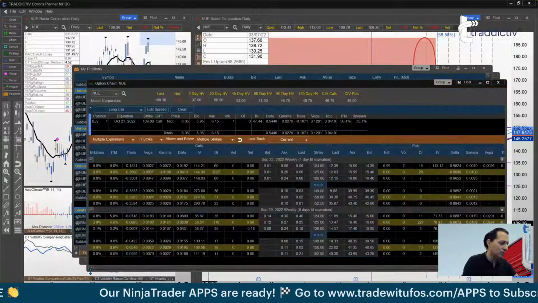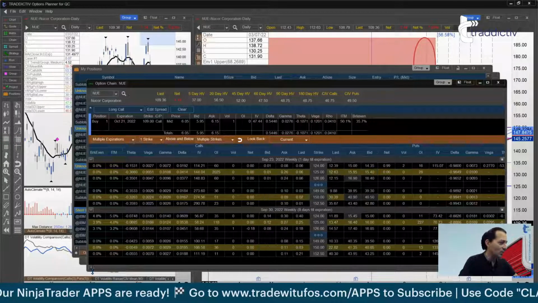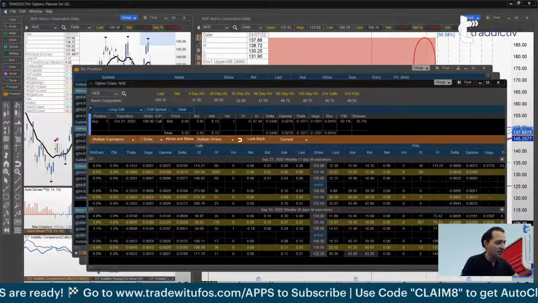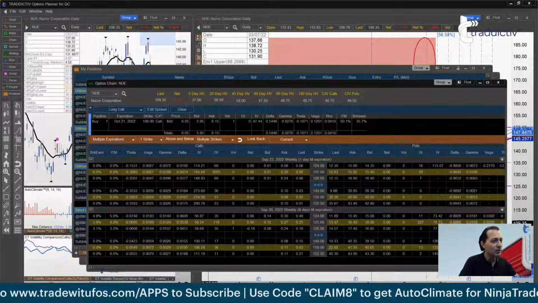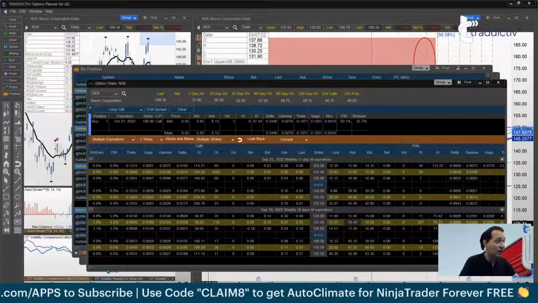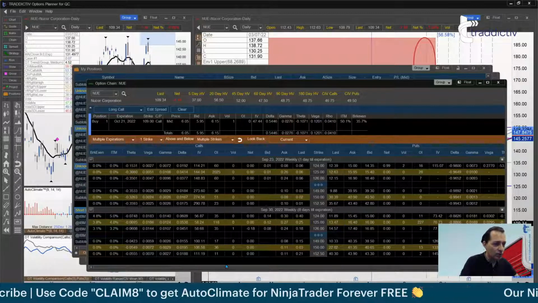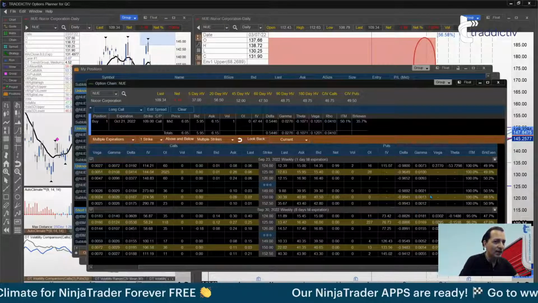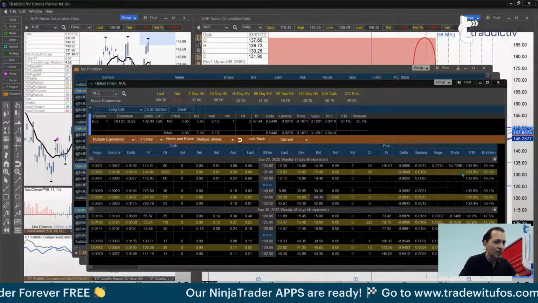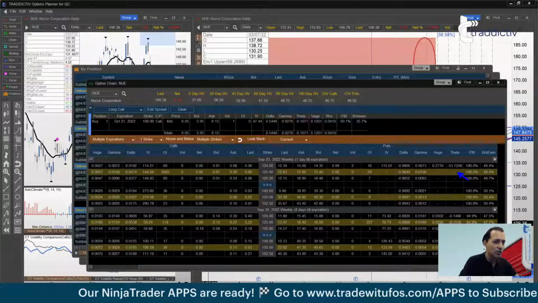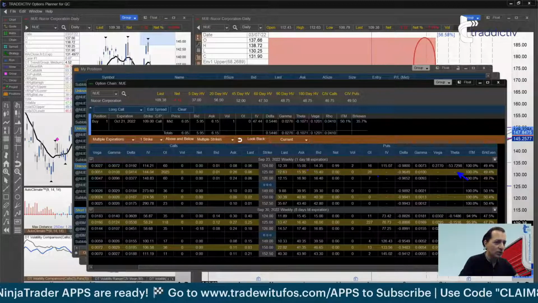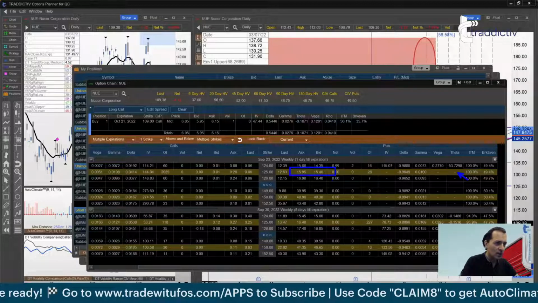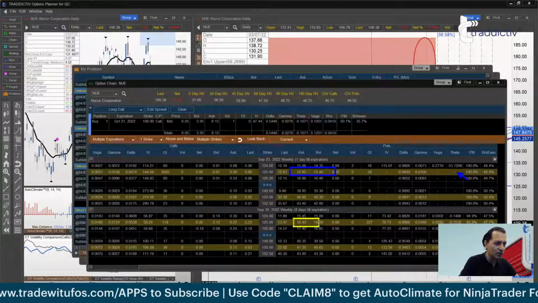I need to look at the put. Okay. And we got two cases with the put. Mark's case where he got assigned, and most other traders that own the put would still own it. So what do we do if you still own it? We need to look at distorted Greeks. Do we have distorted Greeks for the 125 put? Yes. We don't even have theta. So the Greeks are distorted. So what would you want to do? You will want to close the put and resell the same put using the next expiration date.